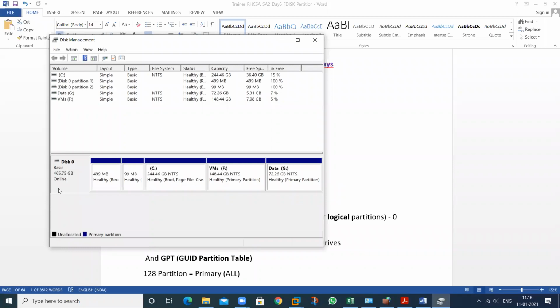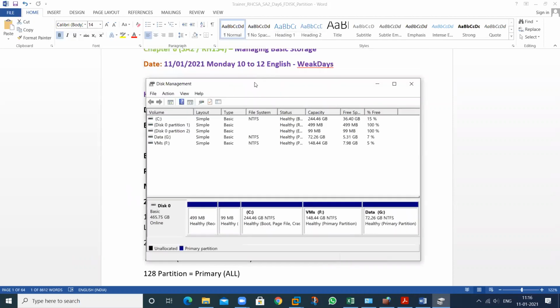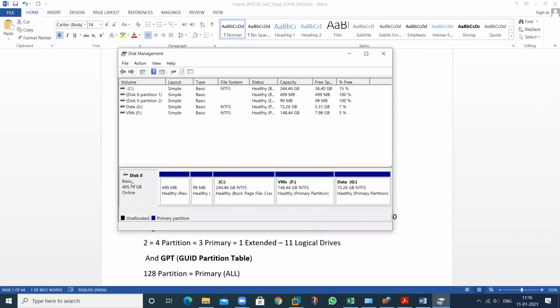All the basic functionality will be the same. The interface can be changed. This is your graphical interface and I'm using the command line interface. The behavior will change, but all the basic concepts are the same. So you can use that hard disk. The hard disk is basic. In a basic disk, you can create partitions. See here, this is called primary partition. And at this time, this is called unallocated space. If we have space in my hard disk, then we are able to create a partition. The partition can be primary, extended, and logical.